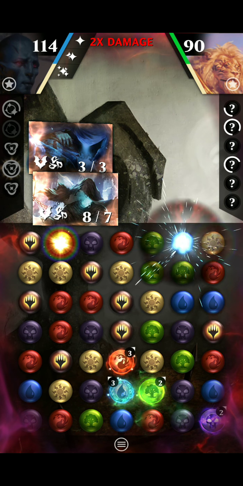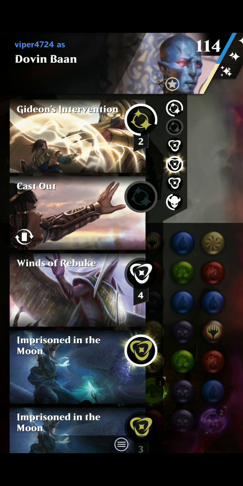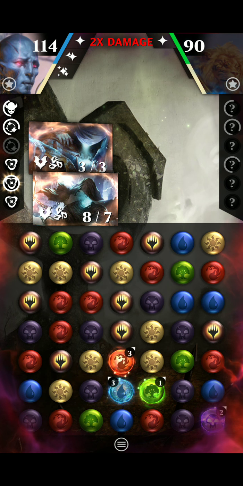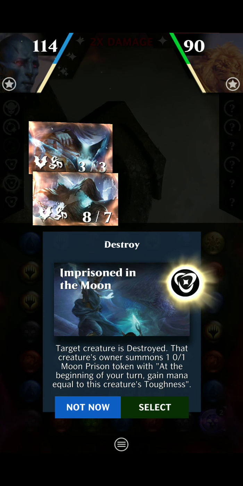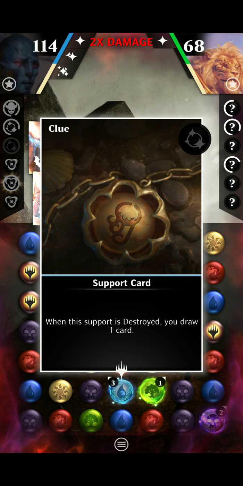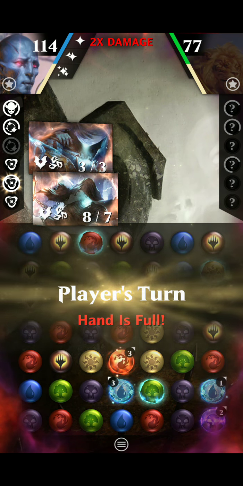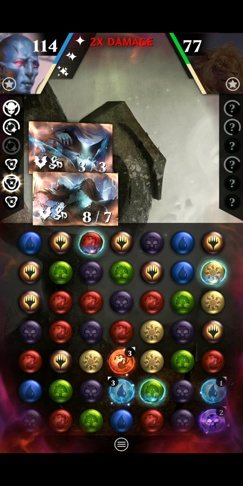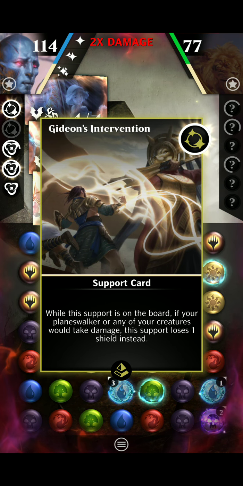So we've met our first objective. I've got Gideon's Intervention to stop, I've got Winds of Rebuke to put the cards back in their hand and then cast out to stop at least 1 creature from attacking. And then as a last resort, I'm going to use Imprison in the Moon. Depending on what creature they play, I may not want to put it back in their hand, but otherwise,